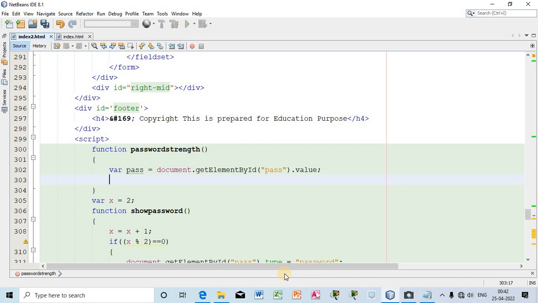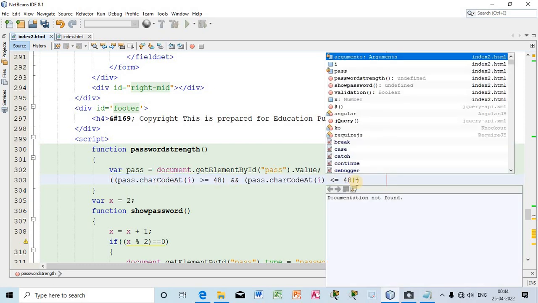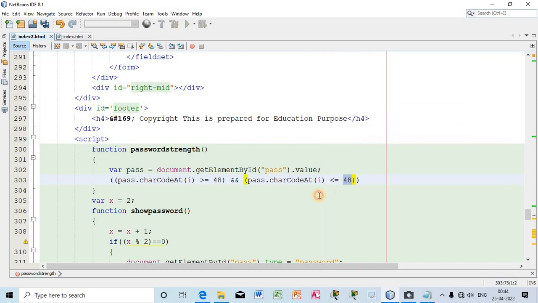So if I write pass dot charCodeAt at the location of i, because I will execute inside the for loop, at the location of i, that is more than or equal to 48, and that is less than or equal to 57,